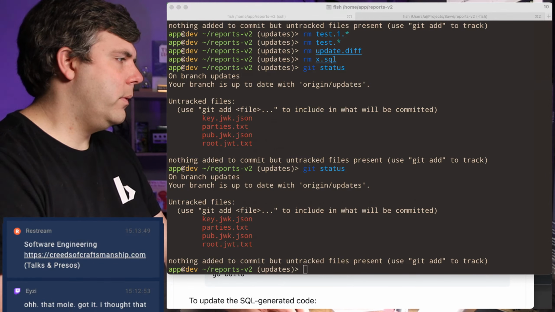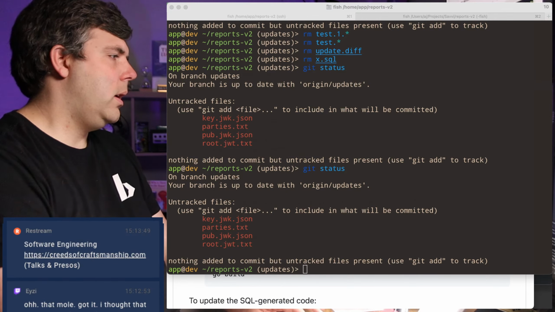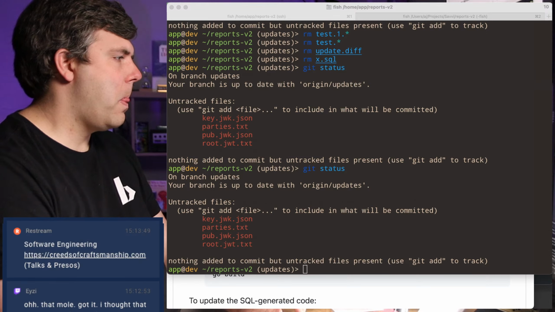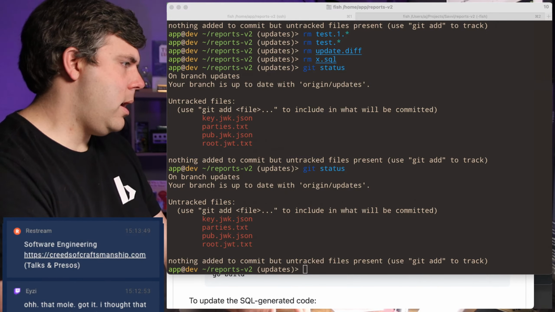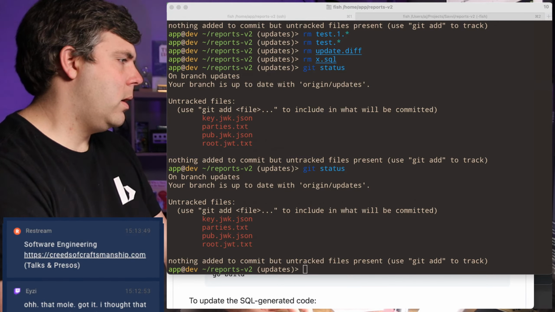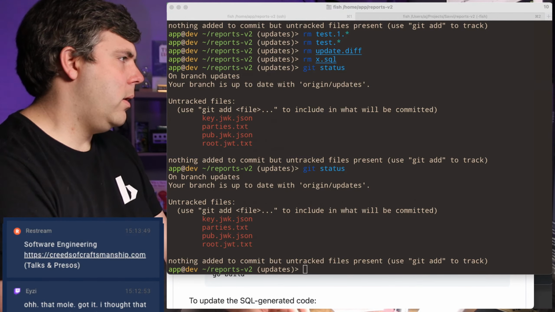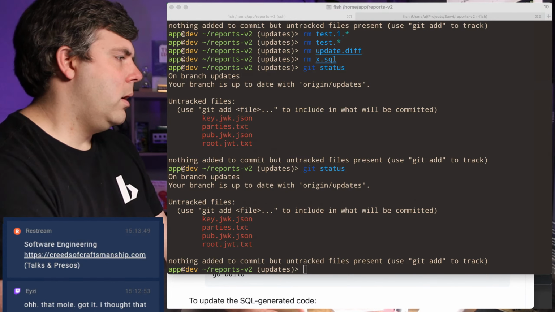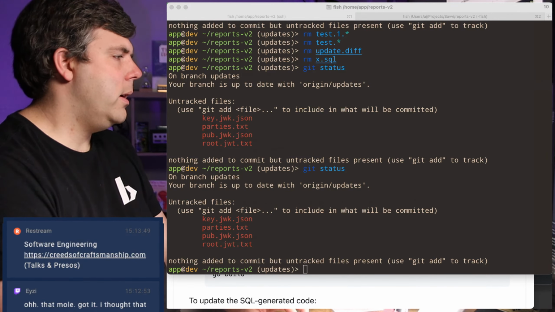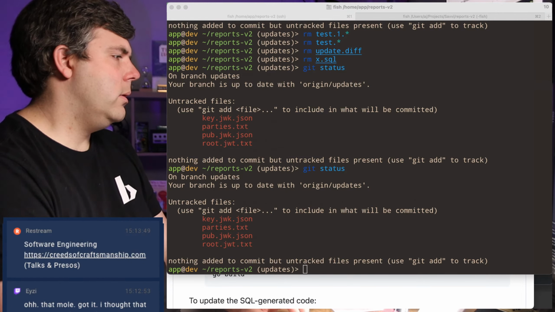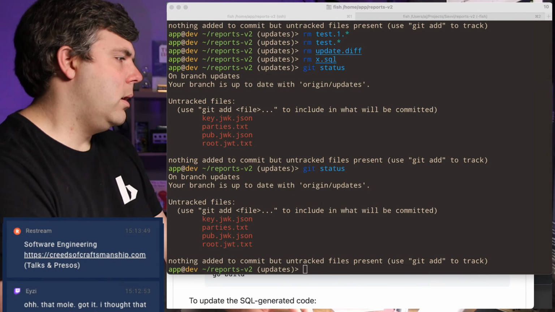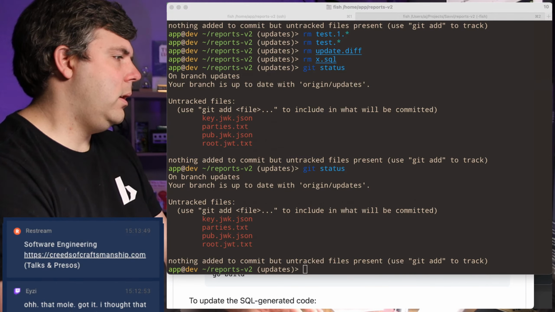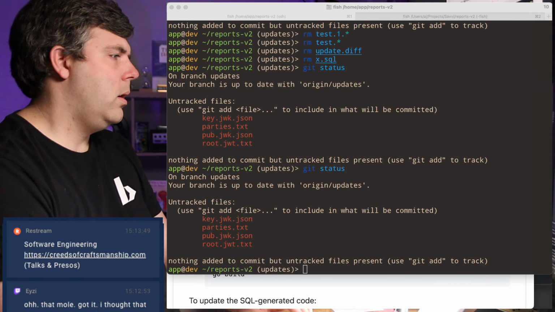Okay, there we go. Deployed. The deploy has some steps in the server repo and some in the reports v2 repo.